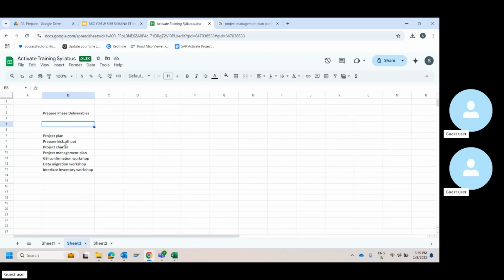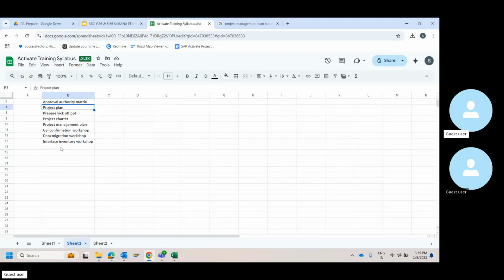What was part of the team members in the kickoff PPT? I also touched upon a point. Stakeholders matrix, and approval. Then kickoff PPT, project charter, project management plan, GSA confirmation workshop, data migration workshop, interface inventory workshop.